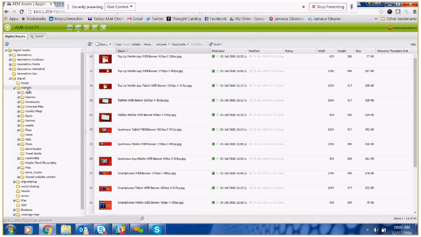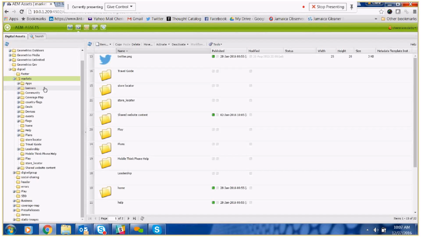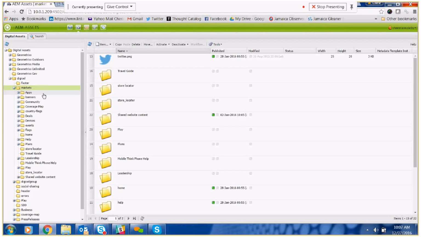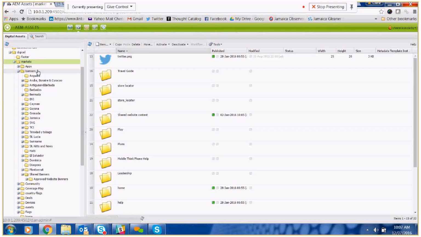The markets folder is divided based on what section you want to upload. In this situation, we want to upload a banner, we said. So I'm going to click to open banners, and then you're going to find your market again. This is not something that you're going to remember by heart. It's just knowing how to navigate to where you need to go, clicking and opening the folders to find where it is. So let's say that we're in Barbados